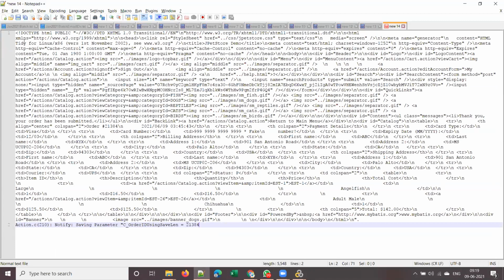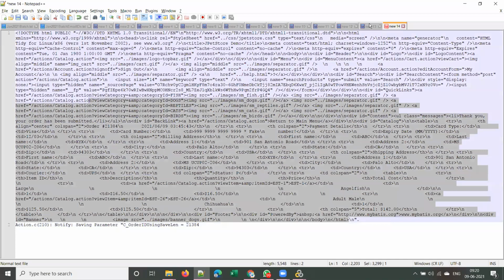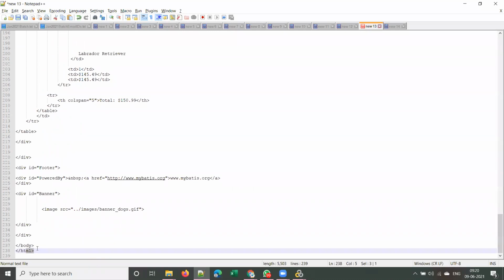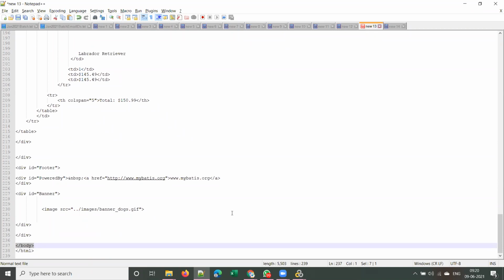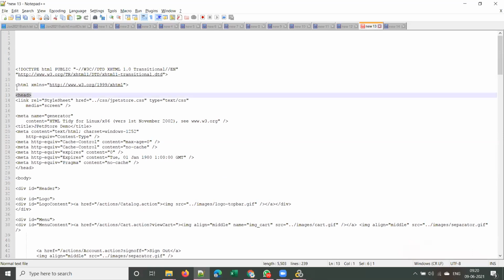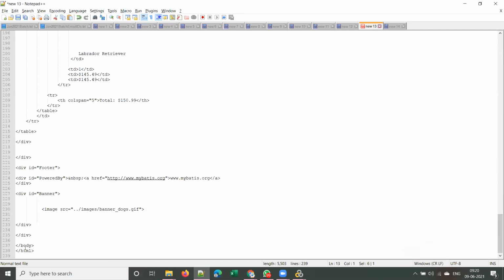Okay, it got selected, it selected the next line also. But here you can see it's selected till the body and HTML, right? See the body closing tag, you can see the body closing tag. So here you can see this is the opening HTML tag. This is the opening head tag. In the same way, you can see these are the closing tags, right? This is the closing tag for body. This is the closing tag for HTML.